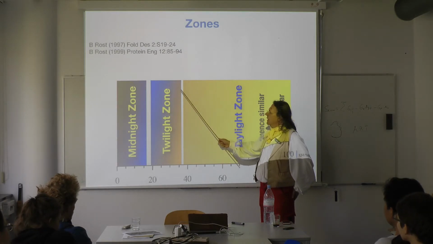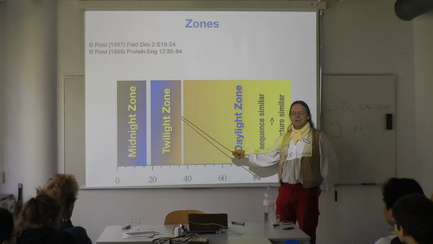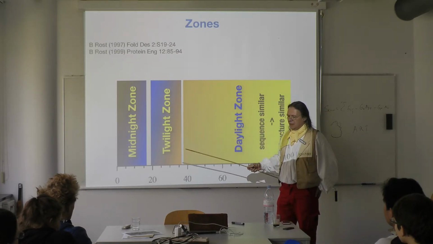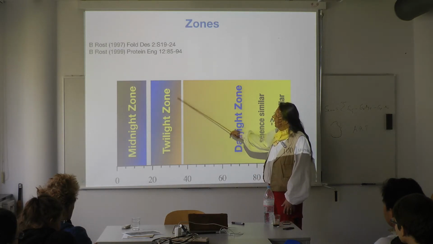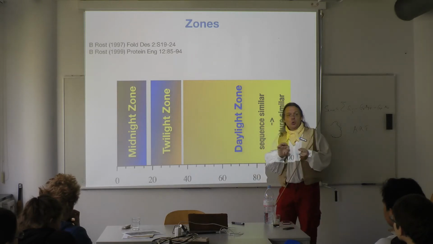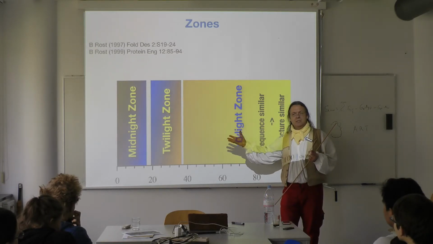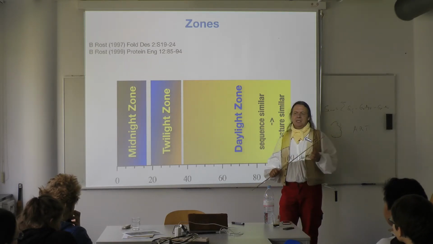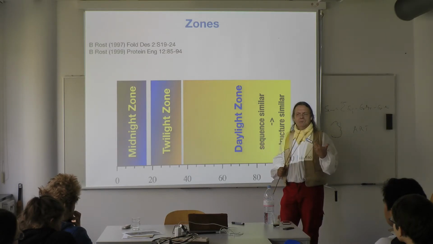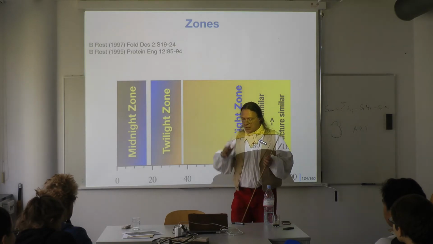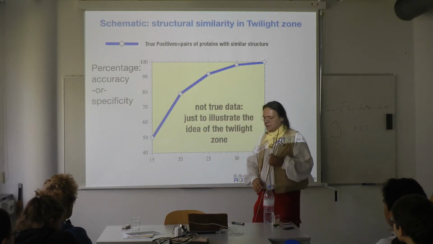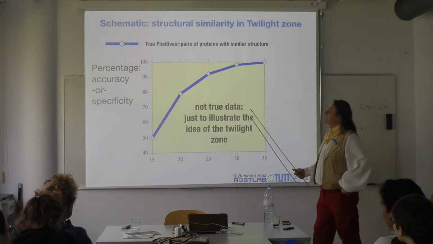There's still, and then there's a twilight zone where the signal becomes weak, and that term comes from Rost Doolittle. I showed the photo on the slide before. The twilight zone is where we sort of lose the signal. So sometimes protein pairs in that zone still have a similar structure, but sometimes we make mistakes. And then there's a midnight zone where they really don't have similar enough sequence in order to further have similar